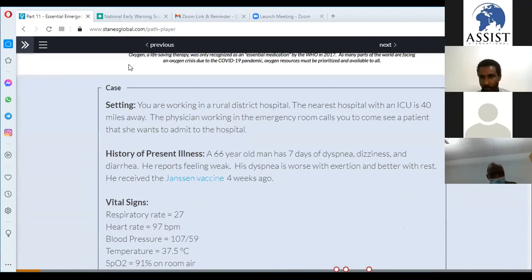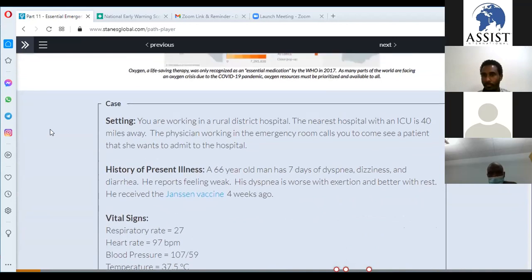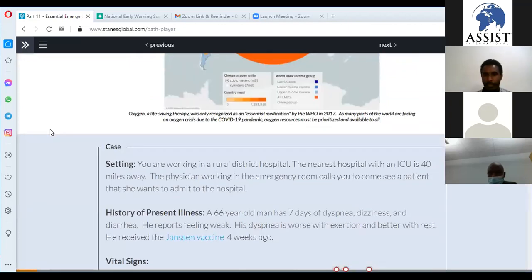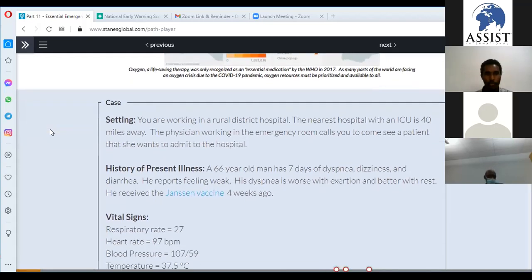So when they go to the Learning Resource Center, they can get that information. Yes, thank you for that additional point. So having this in mind, you can understand how oxygen is becoming important, how we are being in short of oxygen, and then let's see